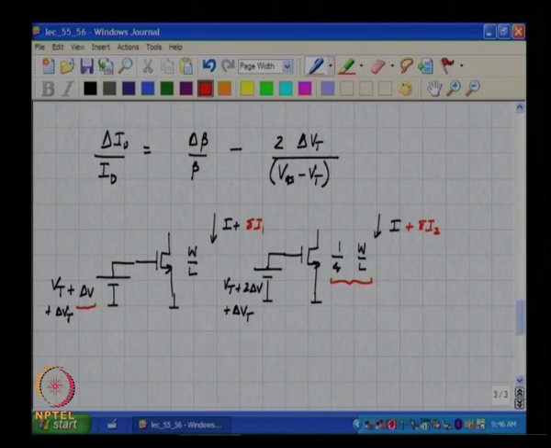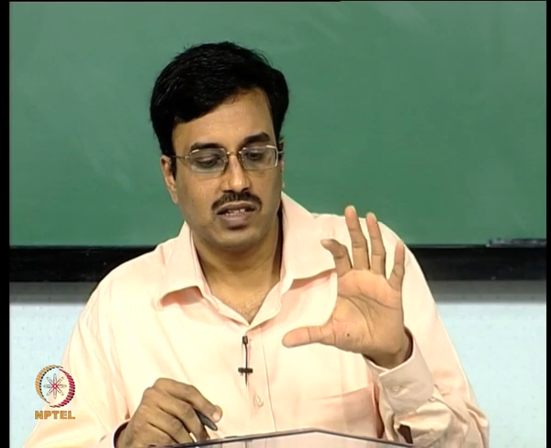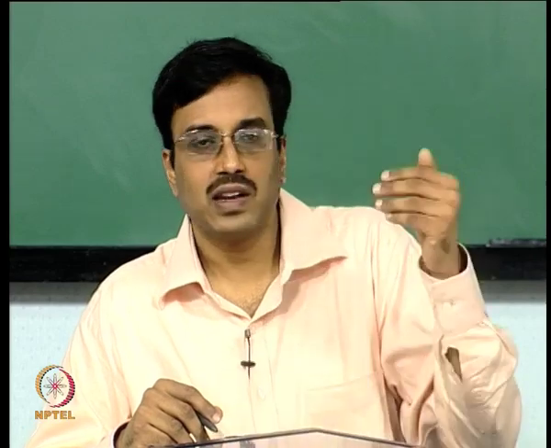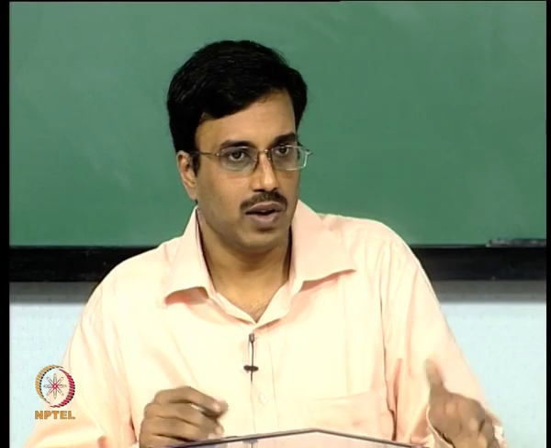have an infinitely large VGS minus VT, right, in which case a small change in the threshold will mean no real change in the current. Okay, in practice, of course, you will always be limited by headroom, isn't it? If you want to have a very large VGS minus VT, it means that this transistor needs at least VGS minus VT to remain in saturation. So, if you go on increasing VGS minus VT, you will find that you use up all your headroom just to maintain one device in saturation. So, that is a